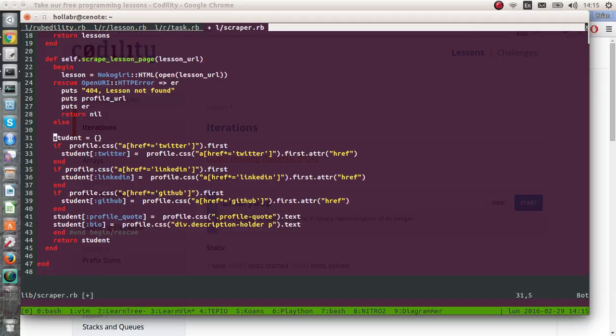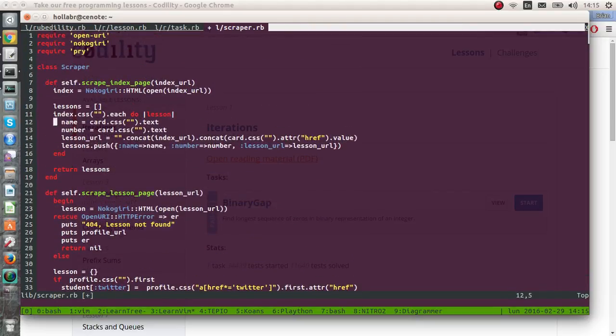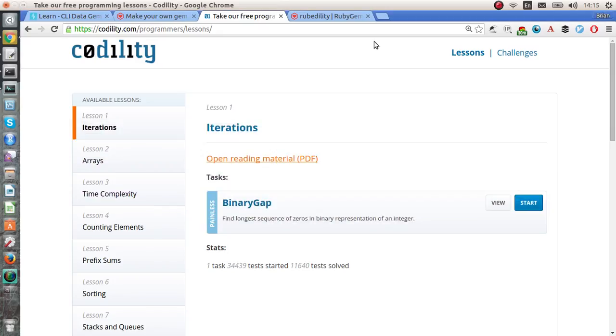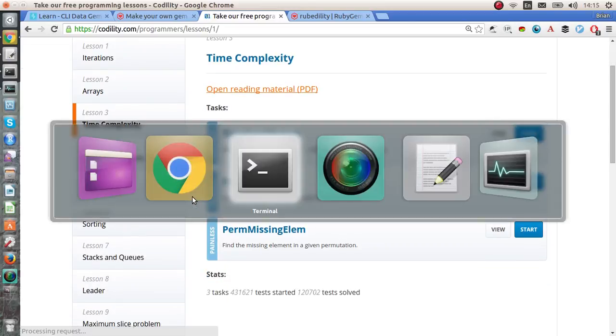So then, lesson. It's going to be a hash of a bunch of stuff. What are we doing here? Scrape lesson page. So when we're at a lesson page specifically, time complexity, we're going to be making tasks. So what we're going to do,